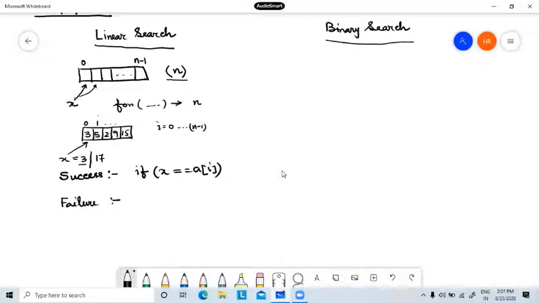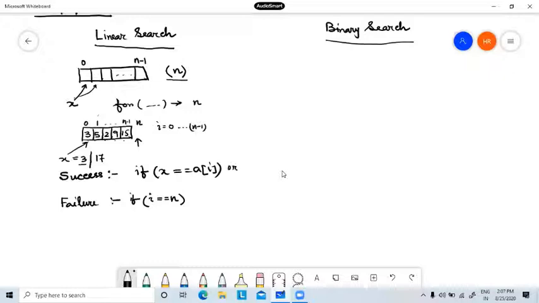I will compare with each and every element, and finally I will reach a position which is outside the array. So if this is n minus 1, then obviously this is n. So I can say my failure is if i equals n, then I can say that it is my failure. Am I clear?